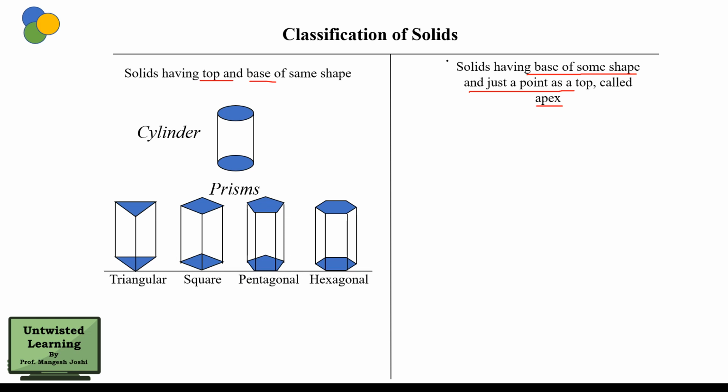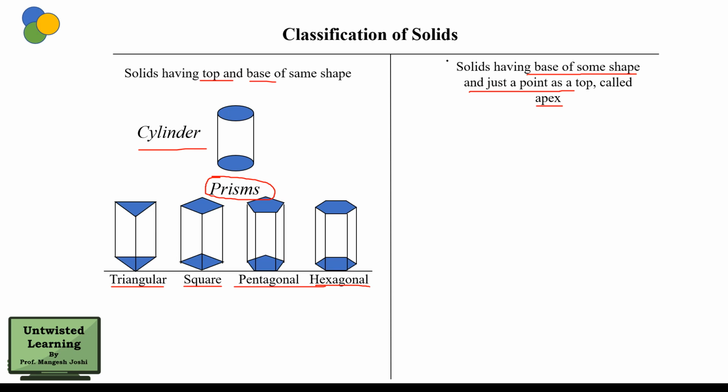You can see that there are various shapes. First is the triangular prism, because it has the base and top of triangular shape. Then you have a square prism, where base and top are of square shape. Then you have a pentagonal prism, again with base and top of pentagonal shape, and finally you have the hexagonal prism. Depending on the shape of base and top, you have to decide which category it is. If base and top are the same, you will term it a prism. So this cylinder can be termed a circular prism, because the base and top of this is a circle.